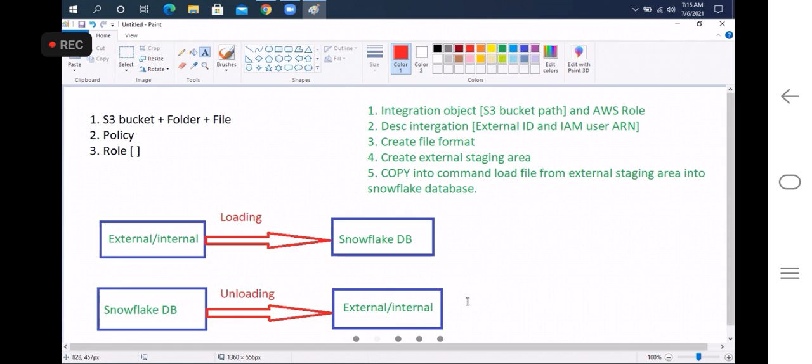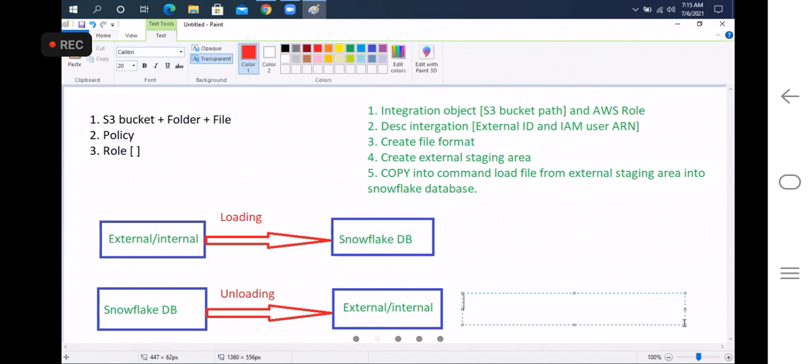So when will we go for this? If multiple Snowflake developers are there, and the table contains sensitive information, and no one has permission to access the data, then in that case, with the approval from the consumer, once we get the approval, instead of defining the role extension in Snowflake,